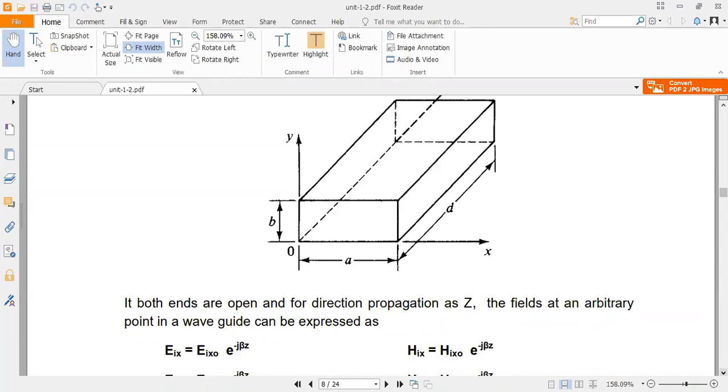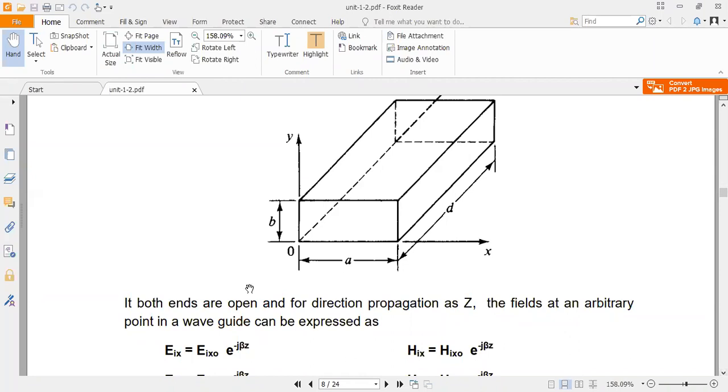So we have already determined those field components. We already have those expressions, and those expressions are very, very important. First thing, that expression is very, very important. So to do this, using those expressions, we are going to proceed here.